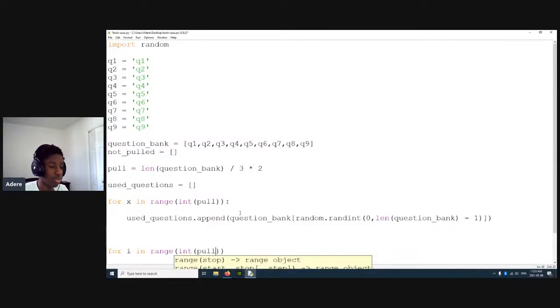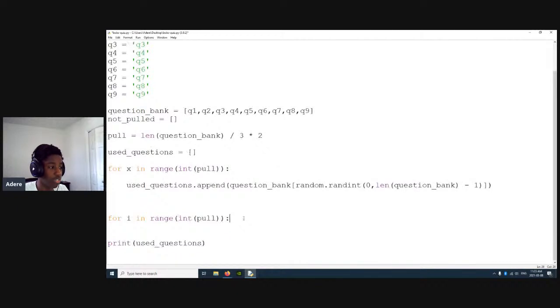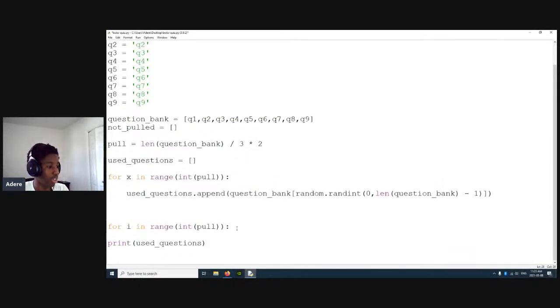Pretty much what I'm going to make this for loop do is go inside and check each variable. And I'll say, how should it save it? First, I'll say a equals 0 up here. I'm not even writing within the for loop. My bad. There we go. For an I in range int pull, what I want to say is that it's going to save